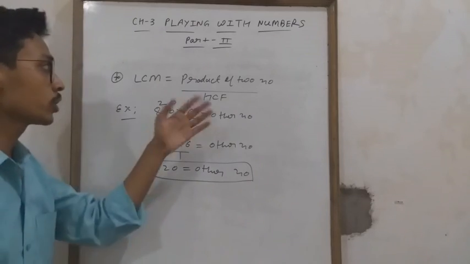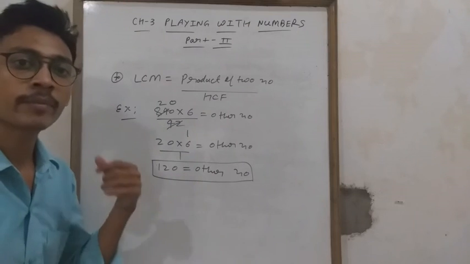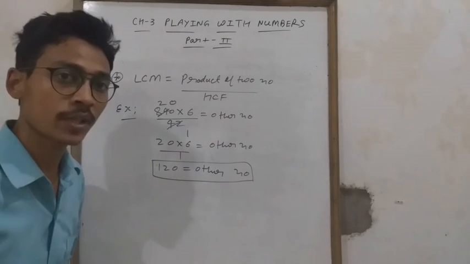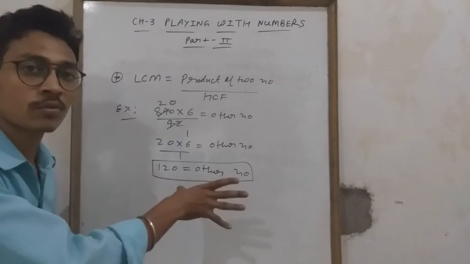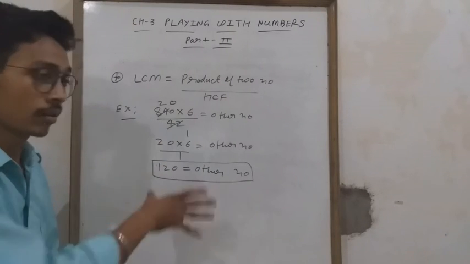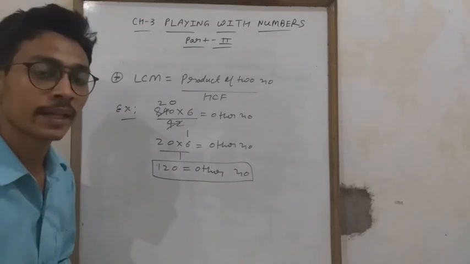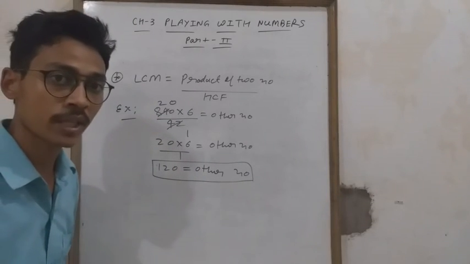Clear, student? So I explained everything in this video. In the next video we will discuss some questions. Clear, student? Till here you have to understand, meaning you have to write down all formulas in your copy, and you have to see what is given, what is not given. Clear, everyone? And also you have to practice. In the next video we will discuss the questions. Clear, student? Thank you.